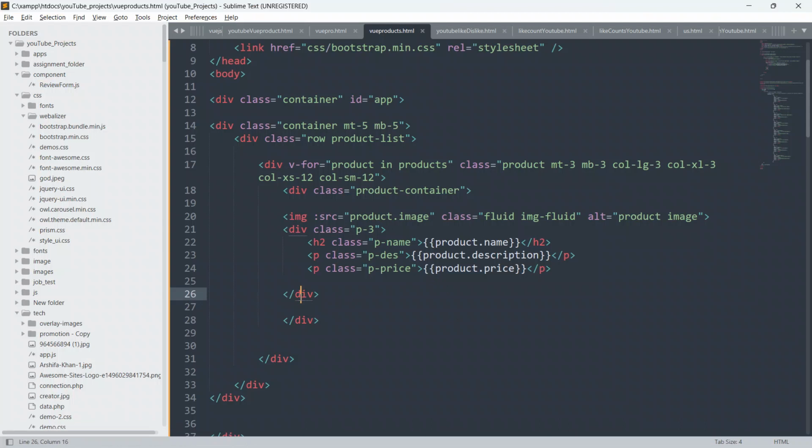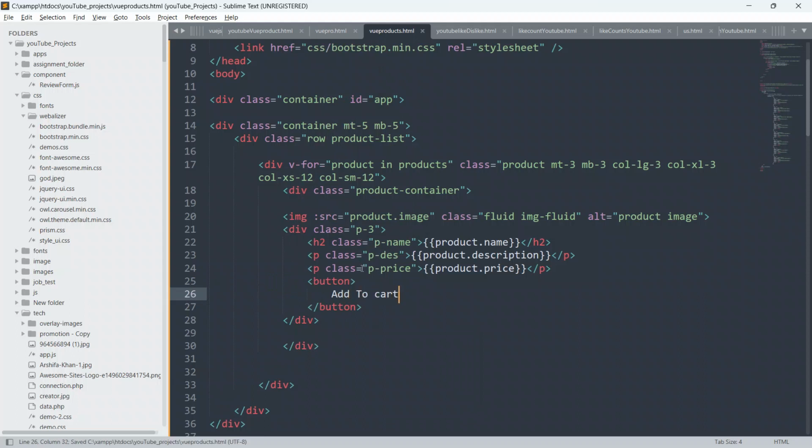So create the button, guys, first now. Inside, below this p, I'm gonna create a button element. So button, and close this button now, and give the text add to cart.